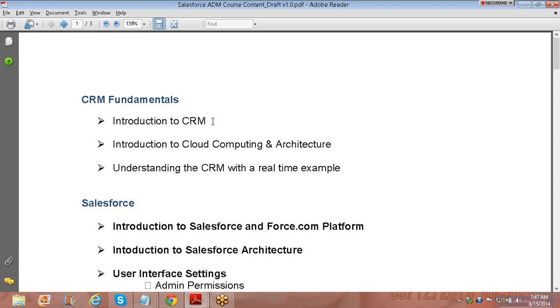purchasing licenses, say for example initially 10 licenses, and when the business is expanding, they can go for 15 more licenses, whatever the number. So this is more like a subscription model, and because of it, they will be able to scale the application, the environment, or the storage, everything. This is how Salesforce is different from other